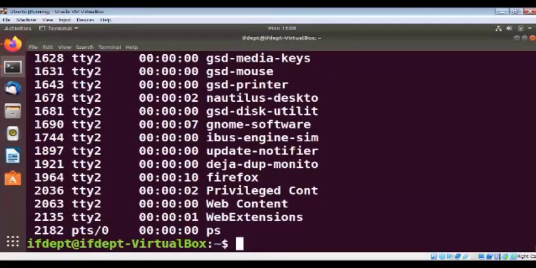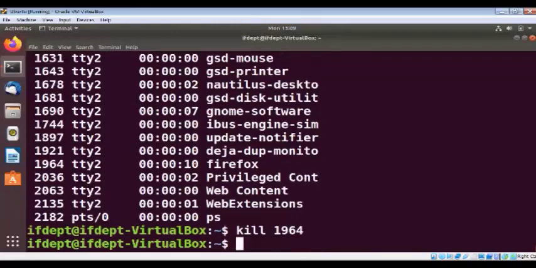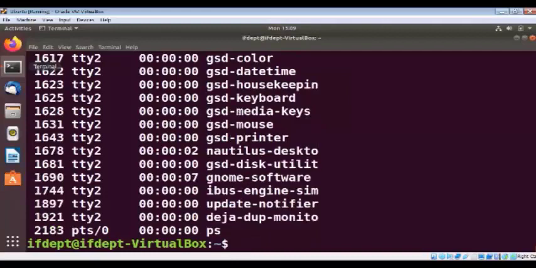So type here kill 1964, right? And see what will happen. See here, the Firefox window has gone because Firefox has been killed. If I again run ps -A, you will see Firefox is not visible. So the kill command killed the Firefox process, right?